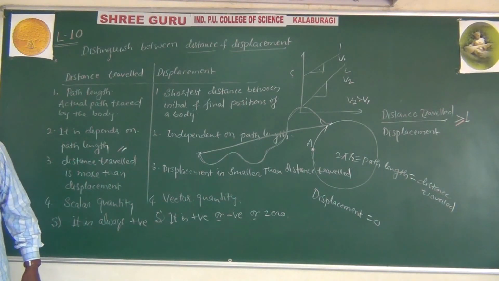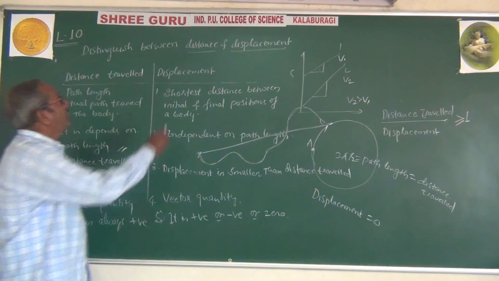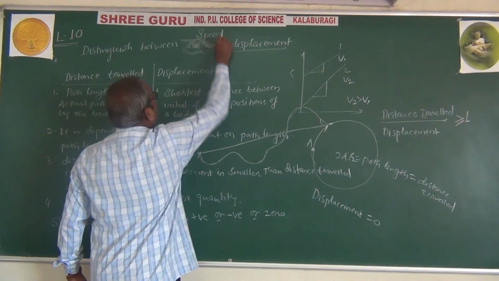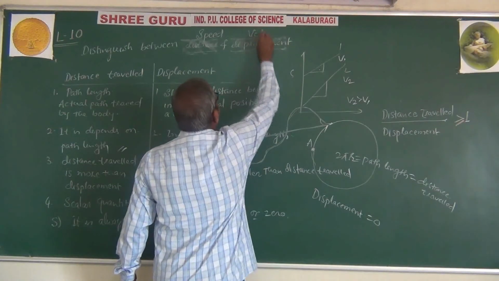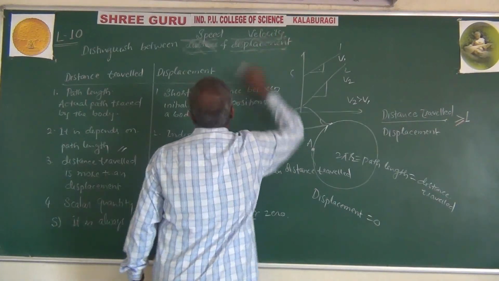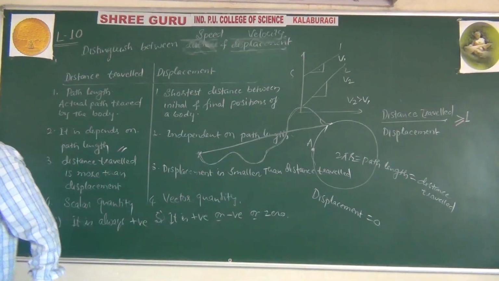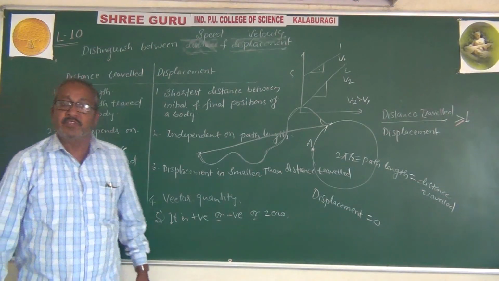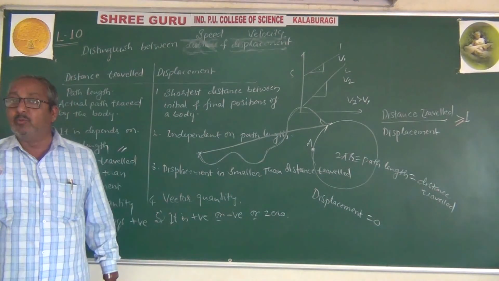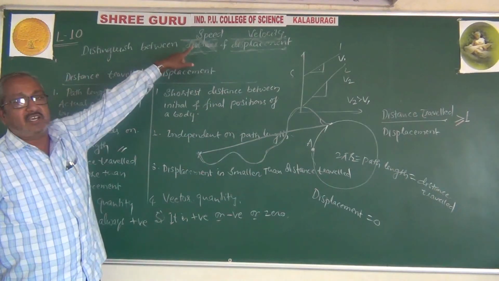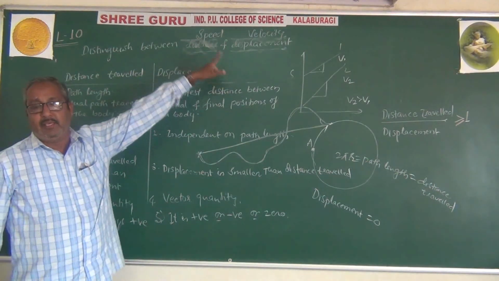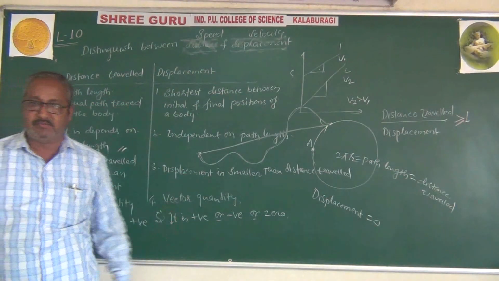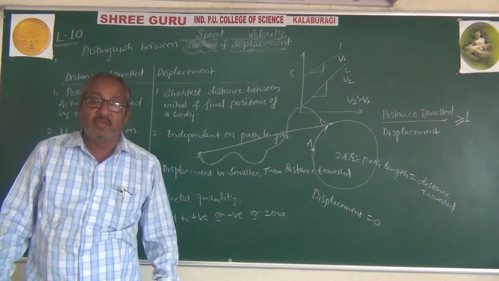These are all the important differences. After that, distinguish between speed and velocity. Once I say this one point, the topic of motion of a body along a straight line, excluding numericals, will be finished. I will say this in the next class, and after that I will go for the numericals and continue in the next class.